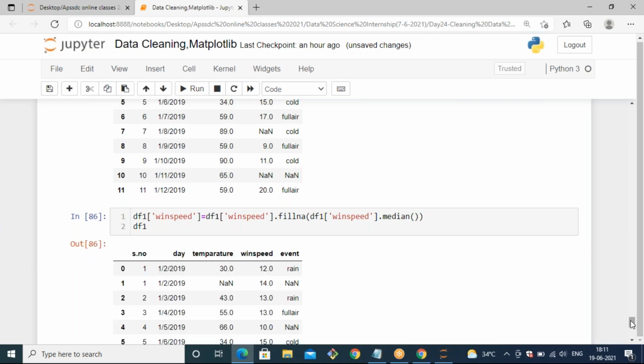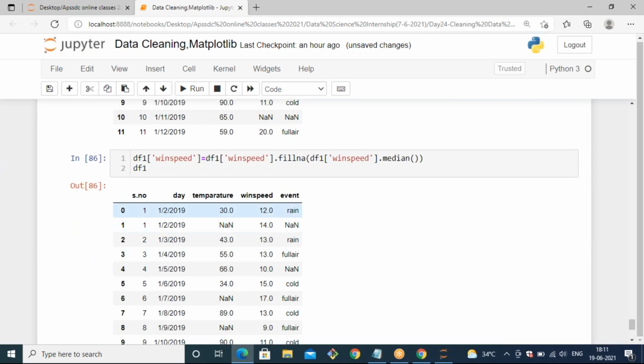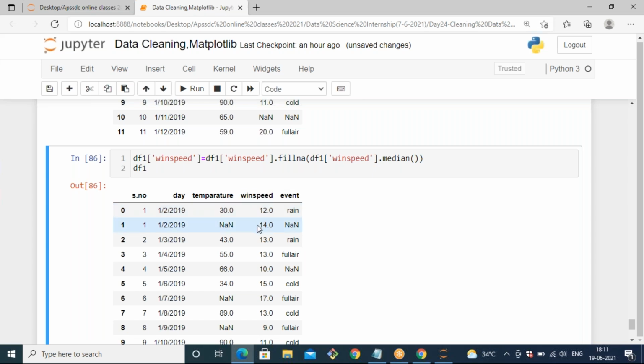Yeah. Now you can observe whatever NaN values were inside the wind speed have been changed with the median value of wind speed. It will automatically calculate the median of wind speed, and wherever a NaN value occurs inside the wind speed, that median is filled in.